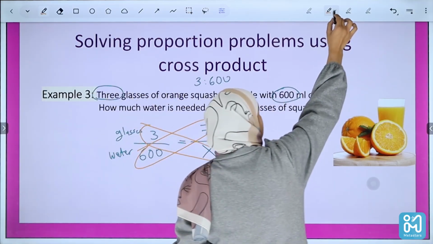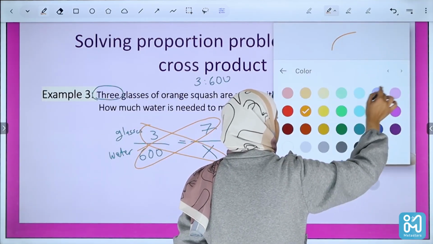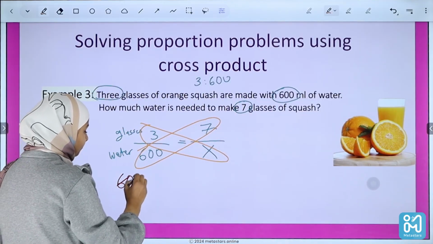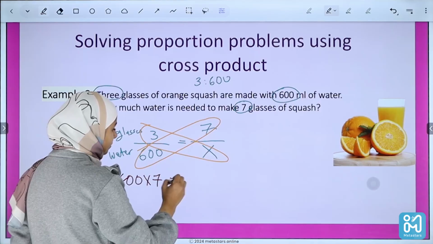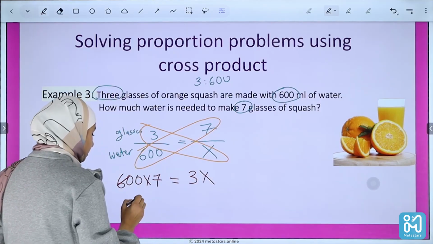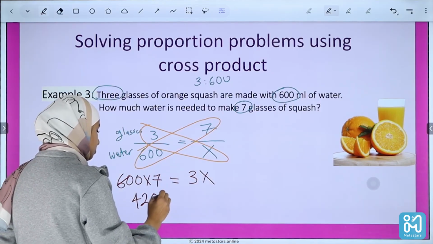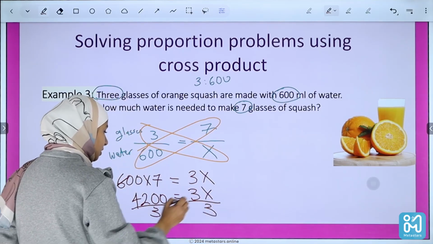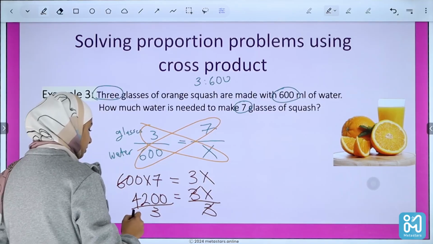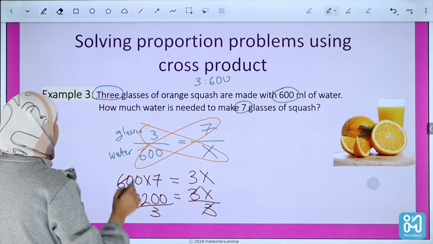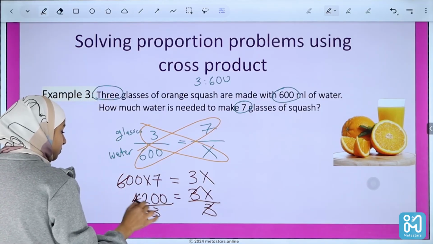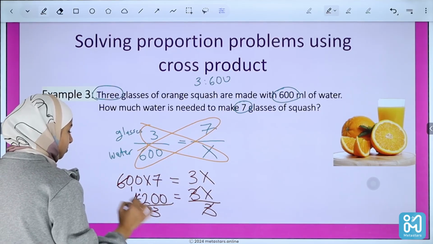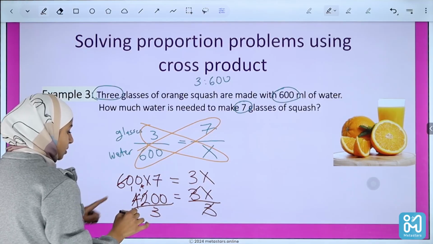Okay. I'll continue with the red. 600 times 7 equals 3x, and it's 4,200 equals 3x. Divide by 3, you'll get rid of it. Okay, I'll show you how to do this. Remember the way that I used to do, like 4 divided by 3 is 1 remainder. 12, this is short division. 12 divided by 3 is 4. So it's